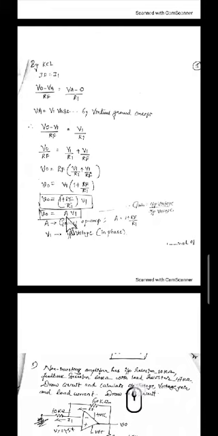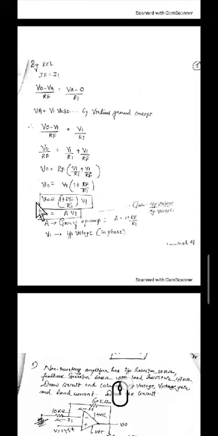A into V1. A is gain, which is 1 plus RF divided by R1. Clearly written, A is the gain of the op amp, that is equal to 1 plus RF divided by R1, and V1 is the input voltage, which is in phase with the output voltage. So this is our non-inverting amplifier. In the case of non-inverting amplifier, we are getting V naught is equal to 1 plus RF divided by R1. We have got the output voltage and input voltage without the change in the sign here.